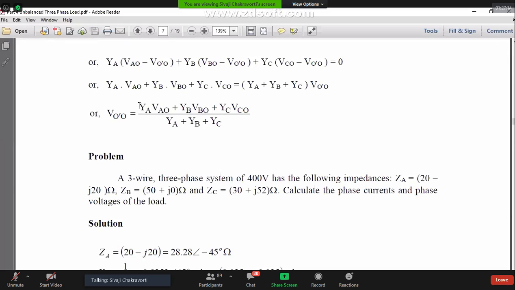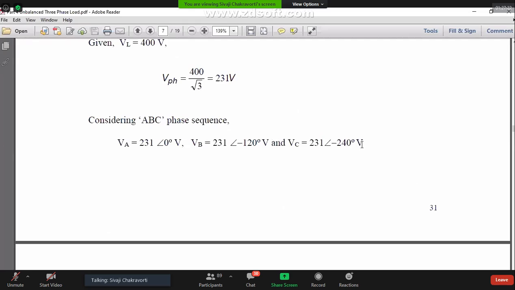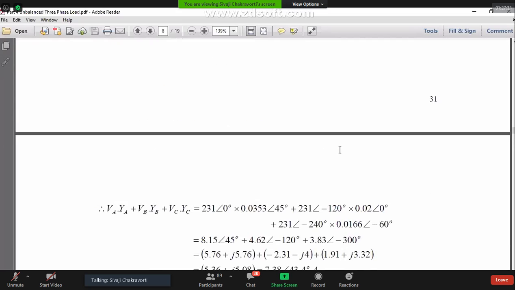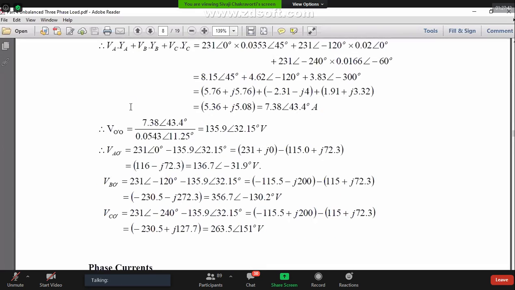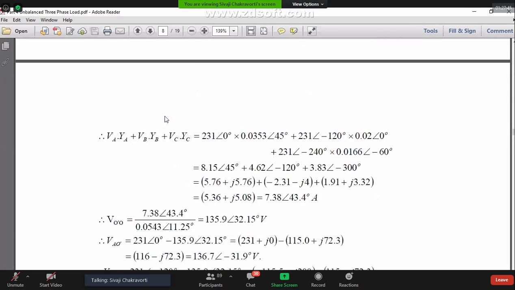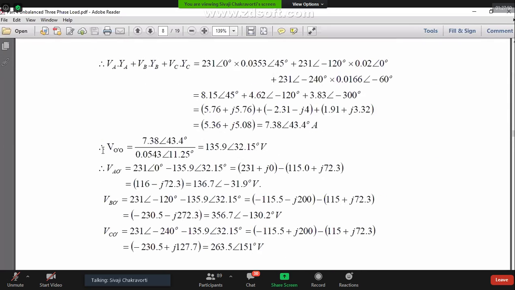And then you apply Kirchhoff's current law at the neutral of the load. So the summation of the three currents has to be zero, because Kirchhoff's current law you cannot violate. So you put these three expressions. IAO is this. So IBO prime will be YB into VBO minus this. ICO prime will be YC into VCO minus V neutral shift. So I simply put this and then I do some algebra. You can do it faster than me. So neutral shift is this. So I can calculate this.